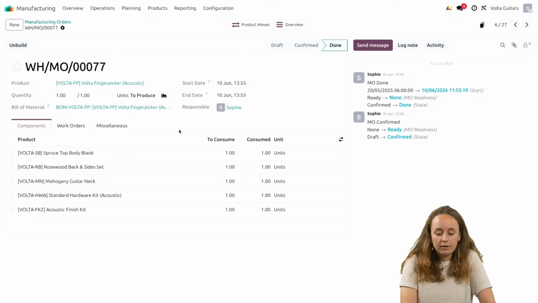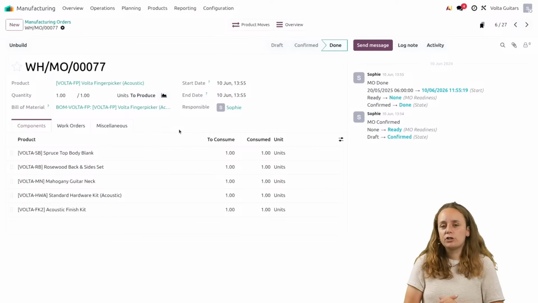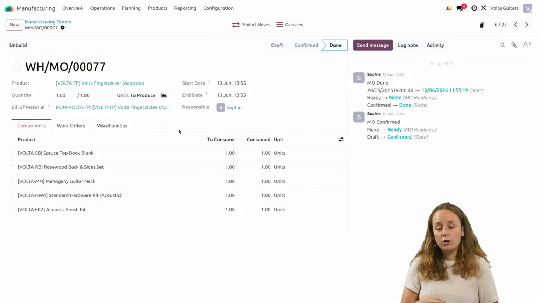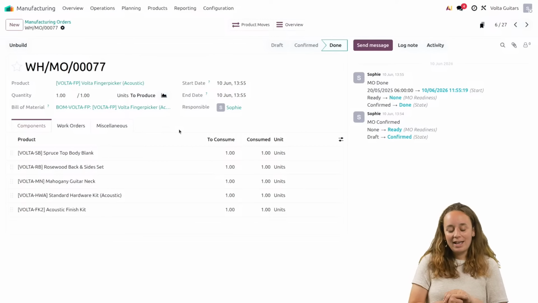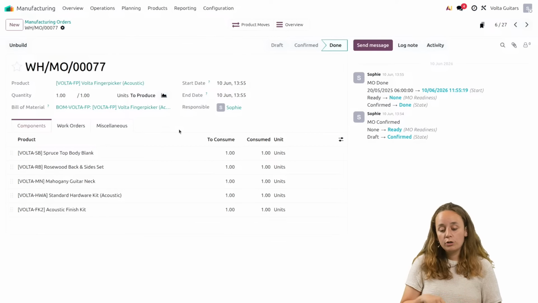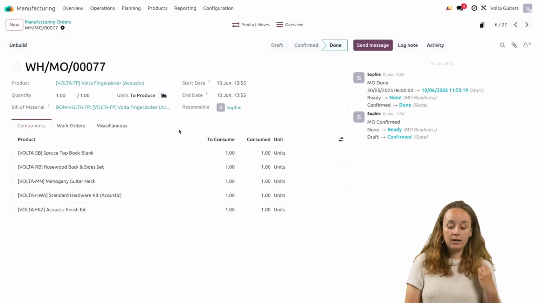And she sees that in Odoo it says that it's done. She goes into her workshop and indeed she sees that there was an operator mistake. It's actually not done. We need one last operation. What will she do? She will first ask one operator to finish it as fast as possible. And then now in Odoo 19, she will be able to change the end date of the MO, so the stock move will match the real